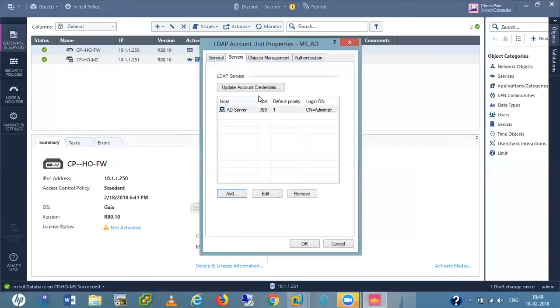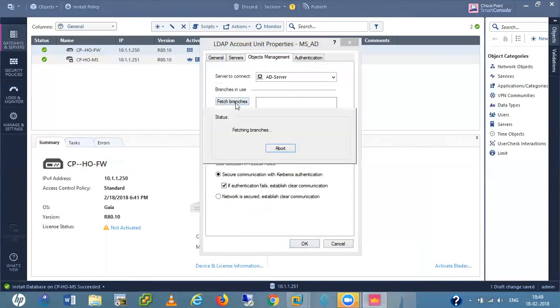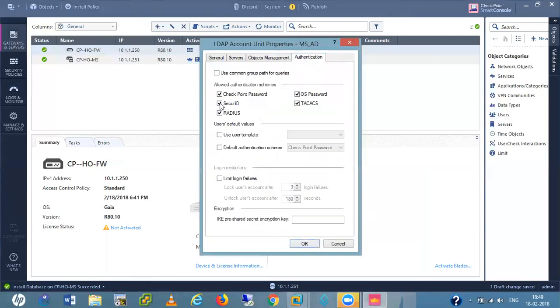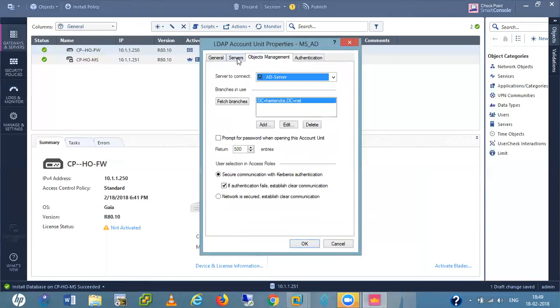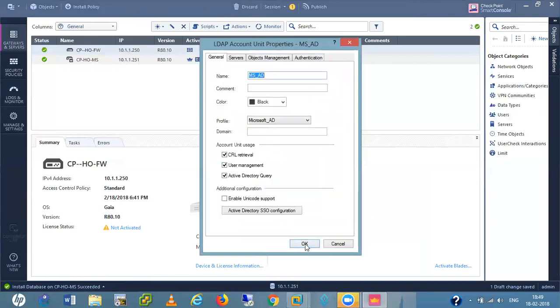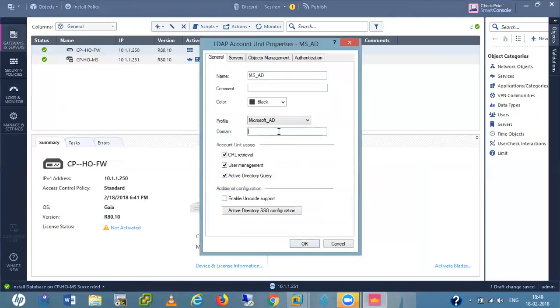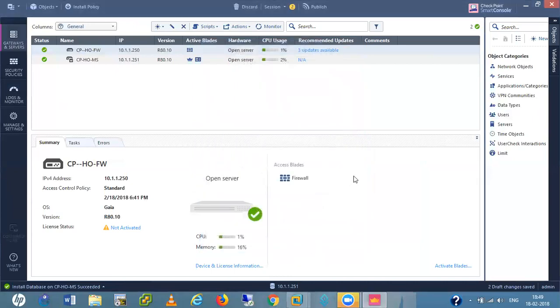Here's the branches. Domain name is required when using AD query. Heyman. Now it created successfully.